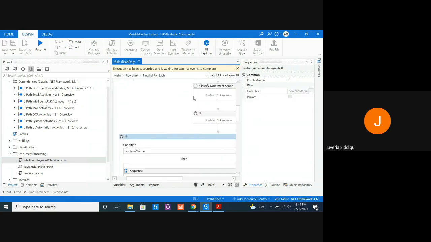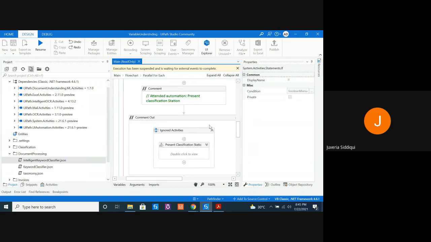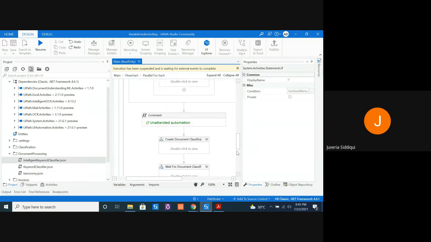What I did is I reiterated through my classifiers and I have created an activity on the action center to train it manually. But we are not training the robot, we are just doing it manually.